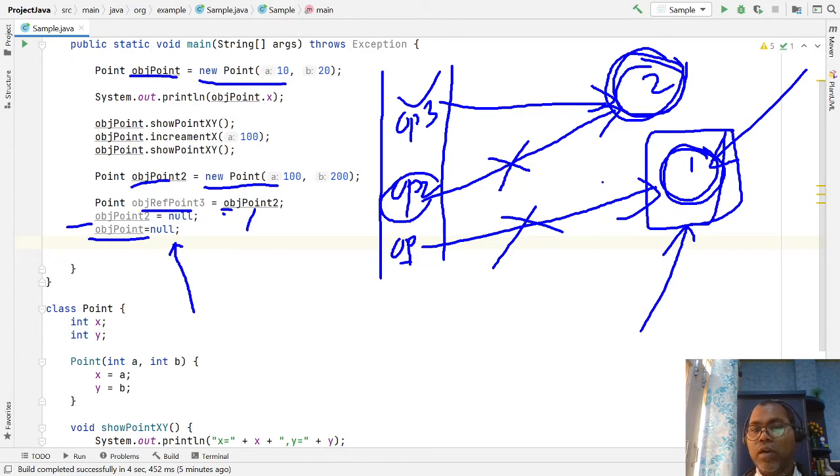Now your created object is eligible for the garbage collector, as long as it has no other references. In this case, you assigned point 2 null, but this object is still referred to by point 3. So this object is not eligible for garbage collection, but the other object is eligible, because it is not referred to by any other reference variable.